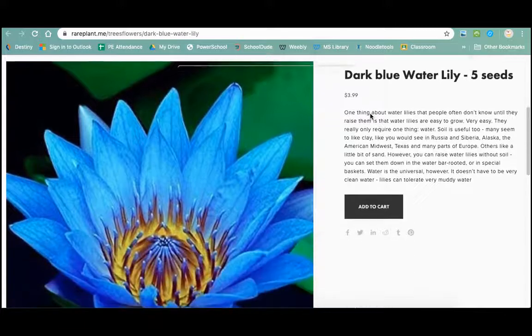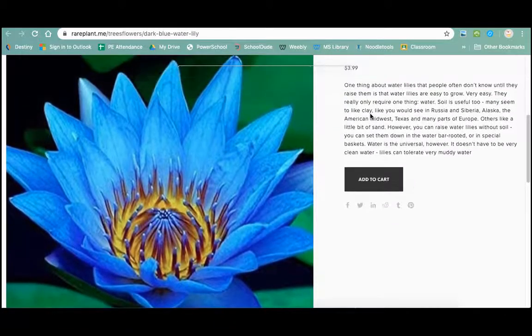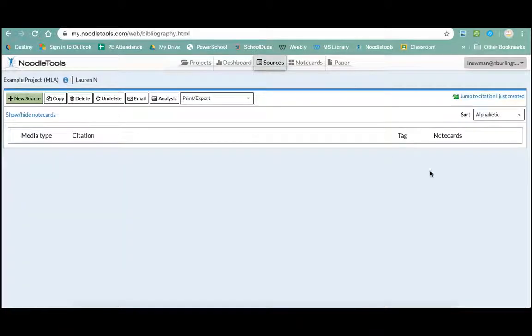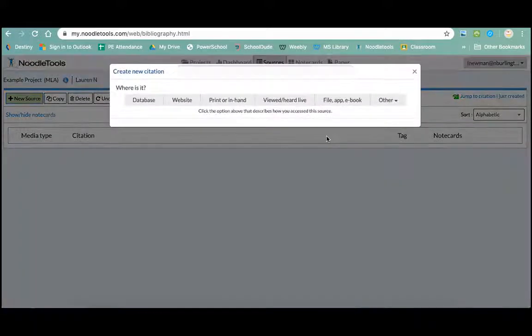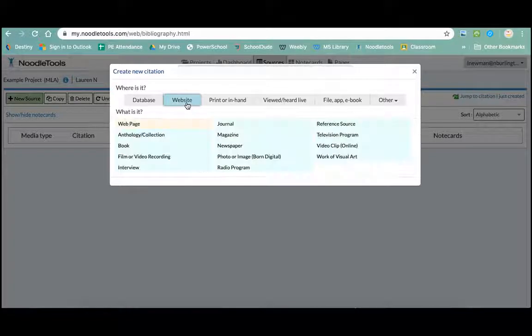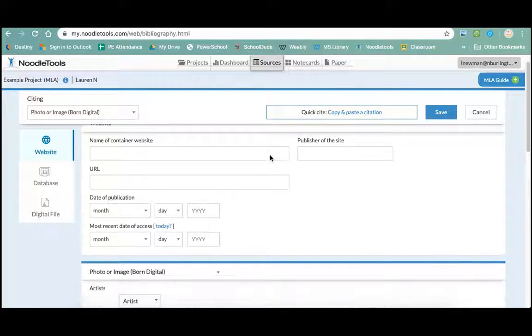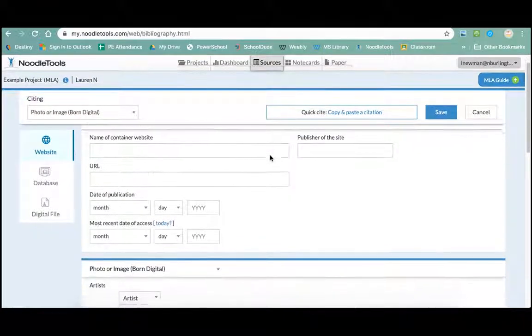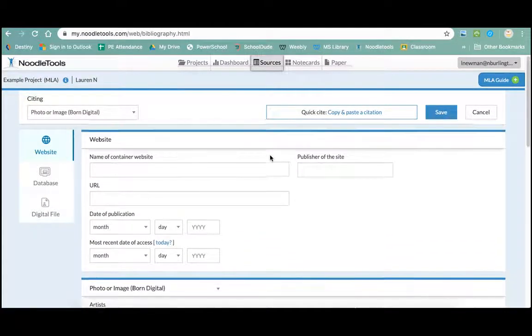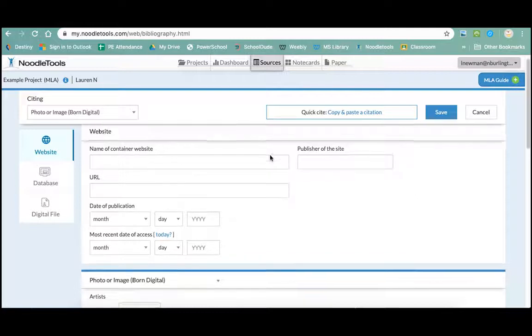So once I find where my image comes from, I will do the following steps in Noodletools. First, make sure you're in the project that you want to be in and on the Sources tab. Click New Source. You will choose Website, and then you will choose Photo or Image Born Digital. This will give you the correct template to fill in the information you need. We may not be able to find all the information just like when citing a website, but let's see what